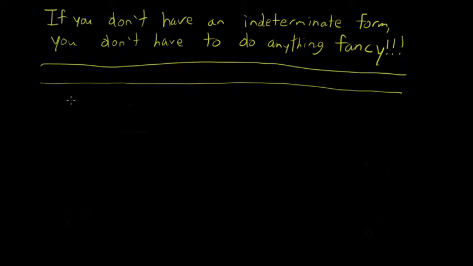In the past few videos, we worked through some limit problems involving a couple of tricks. But the reason we had to use those tricks, like multiplying and dividing by the conjugate, also called rationalizing the denominator, or dividing the numerator and denominator by the highest power of x, was because we were presented with an indeterminate form. But there are times when you're not presented with an indeterminate form, and if you remember the indeterminate forms,